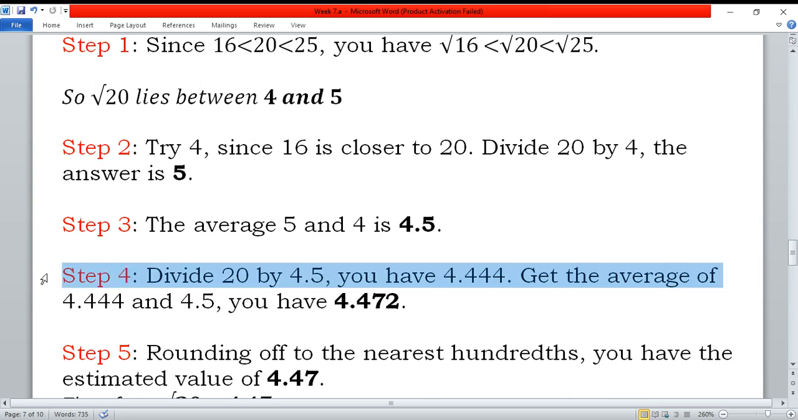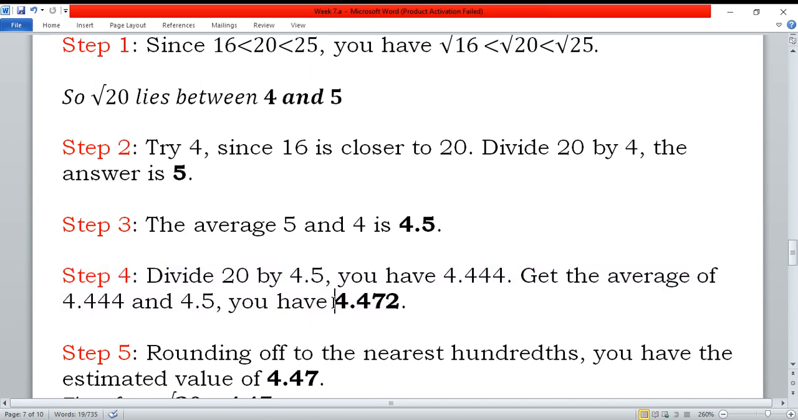Okay? So, step 4. Divide the given radicand by the result in step 3. Ang result dito ay 4.5. So, i-divide natin yung 20 sa 4.5. So, you have 4.444. Yan ang quotient niya. Get the average of 4.444 and 4.5. Ayan na naman, no? Yung divisor plus yung quotient, i-add natin tapos i-divide sa 2. So, kinuha natin yung average. So, ang result will be